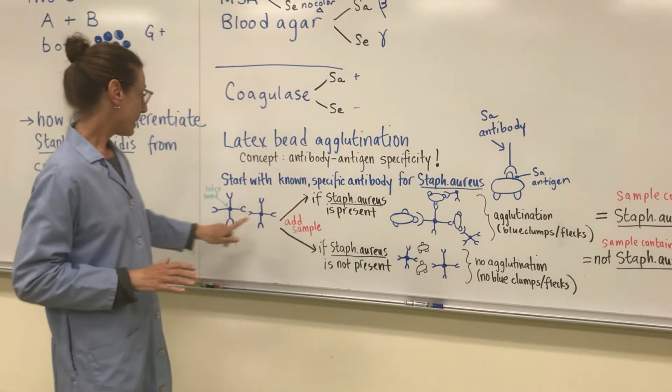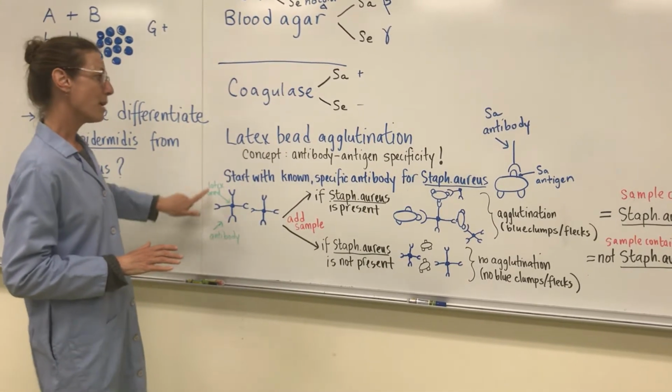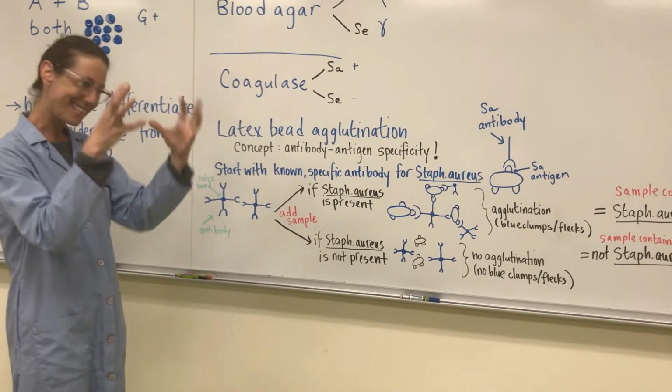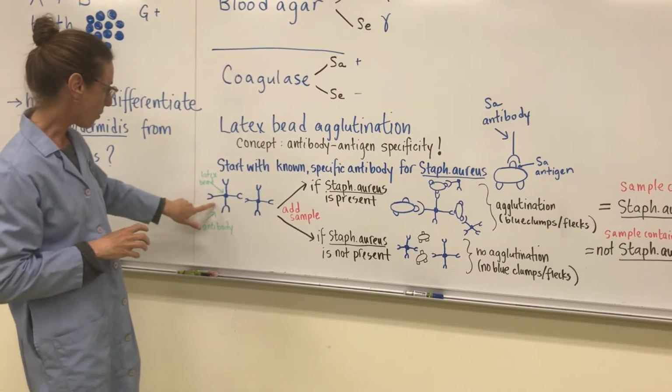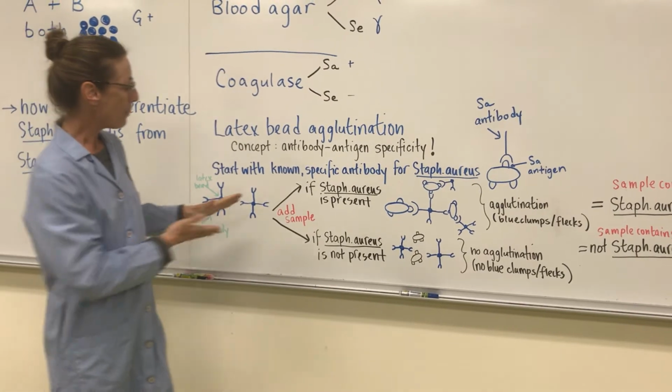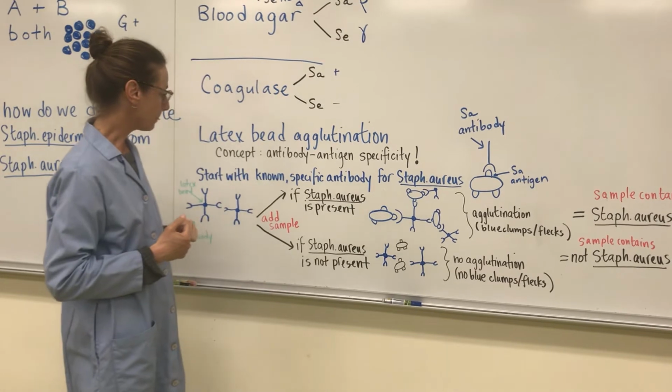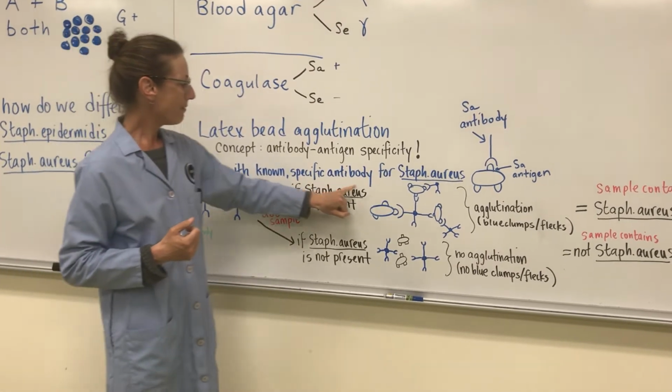So again, we start with this specific known antibody for Staph aureus, and it's attached to these latex beads in these little clumps. So you have a latex bead and you have the antibody. And we are going to add our two samples, sample A and sample B. Now, if the